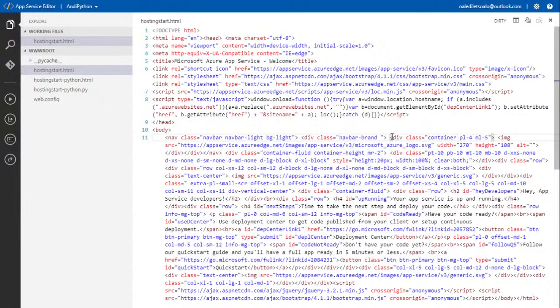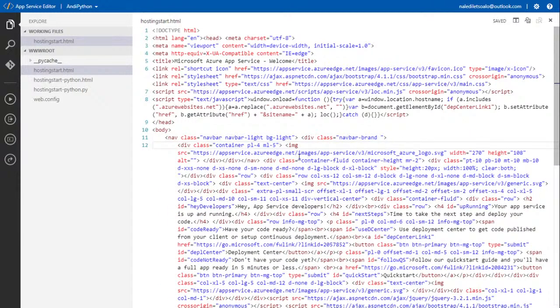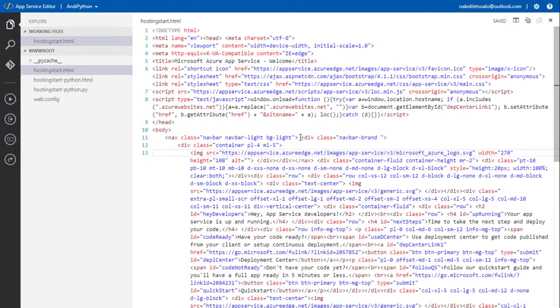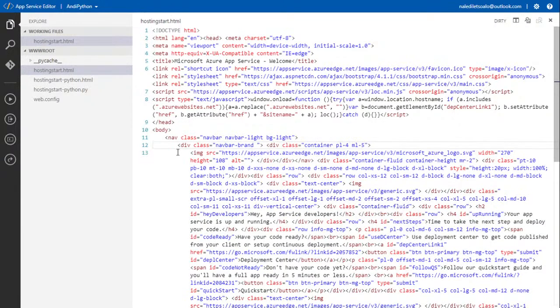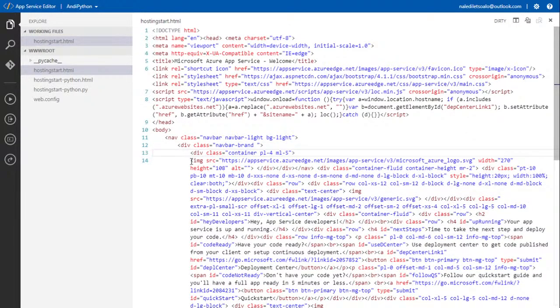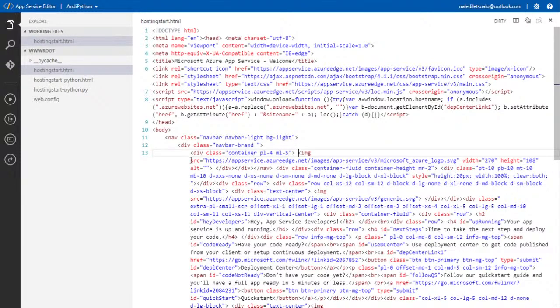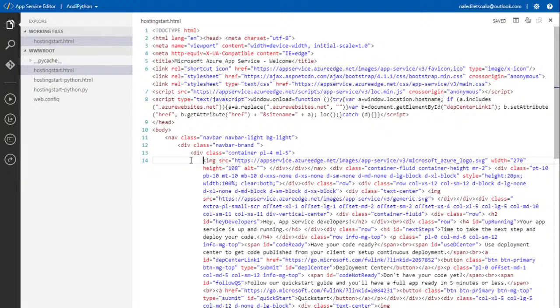All right, so over here, I need to know that that's a div, and this one is for the image, and this is another div. Okay, so let me do this div. If you remember, I said the div is the room, so I know that this div is for the nav bar.